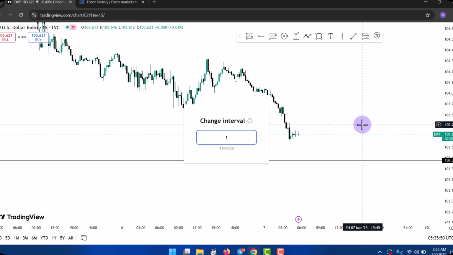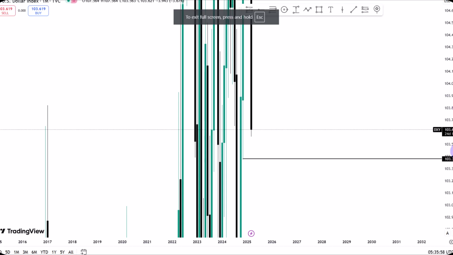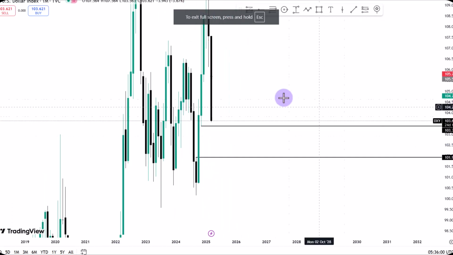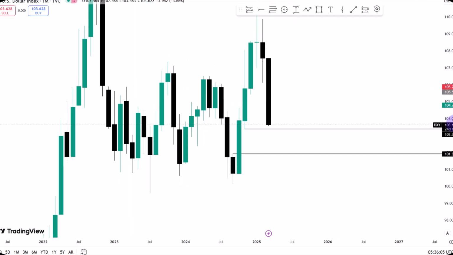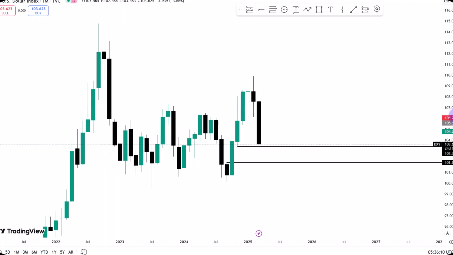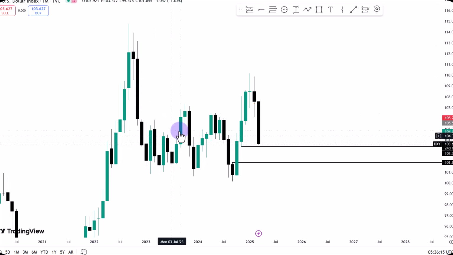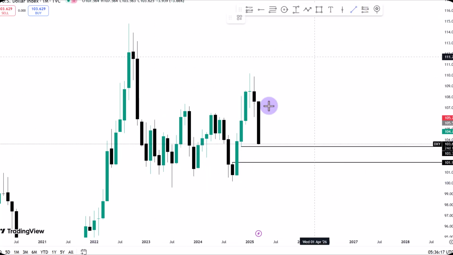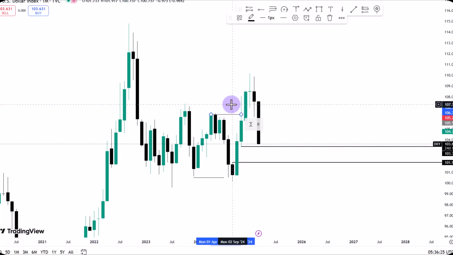All right, so quickly let's take a look at the dollar, especially the higher time frame, the monthly time frame, because the monthly time frame is where the draw on liquidity usually resides. I've always been saying this, that the higher time frame is the main driver of liquidity. Institutions would usually position their liquidity on the higher time frame. So this is the trading range that we are trading in. The high to the low price action has created a bullish shift in market structure after taking the low here, giving us a bullish breaker. We see the dollar on the monthly time frame created a bullish breaker.